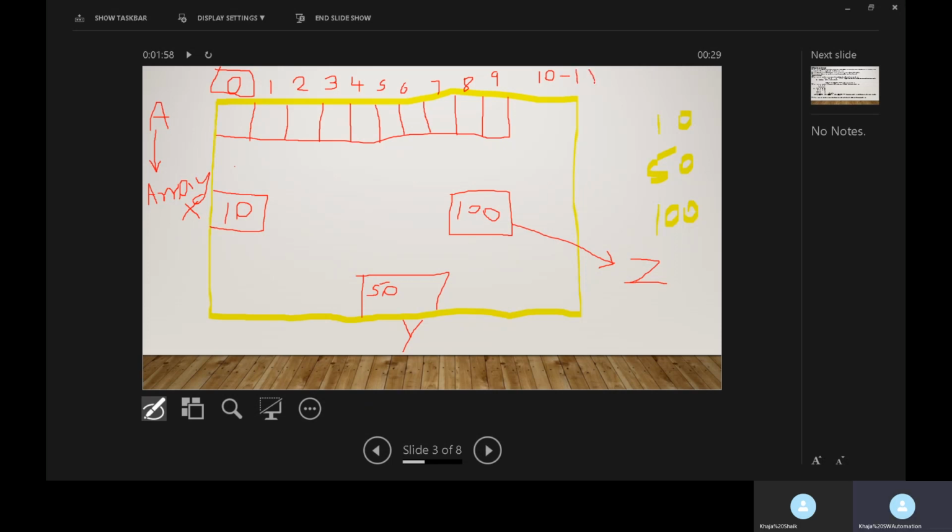Memory locations will be represented by using an array. In arrays, memory locations will be represented by using indexes, and index numbering starts from 0 to the total number of locations minus 1. So that is 0, 1, 2, 3, 4, 5, 6, 7, 8, and 9 for 10 memory locations. And arrays will always be used for similar types of data.